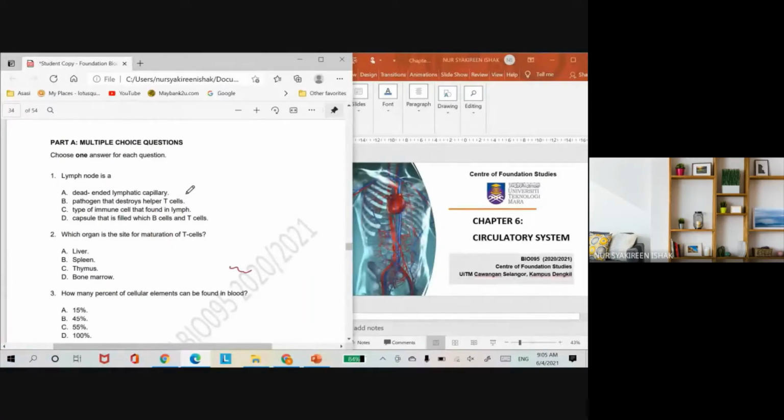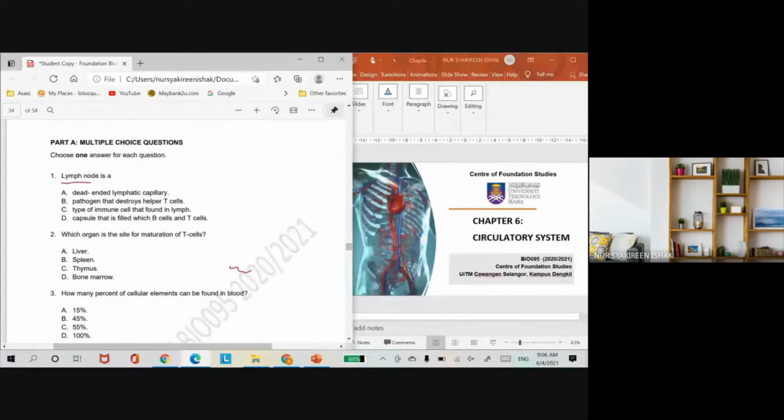chapter 6, which is part A on multiple choice questions. It says here lymph nodes is A. So you have to know basically what lymph nodes are. Lymph nodes is basically one of the organs of the lymphatic system. The lymphatic system consists of several organs: you have the lymph nodes, the spleen, the tonsil, and also the thymus. Those are